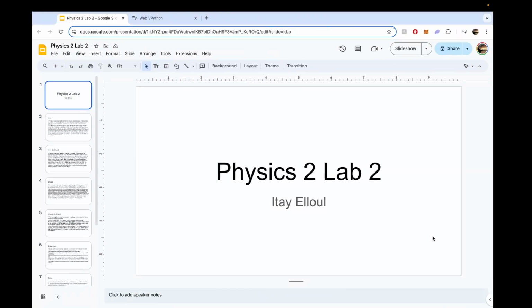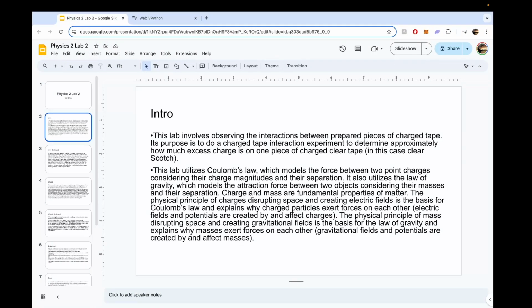Welcome to my Physics 2 Lab 2. This lab involves observing the interactions between prepared pieces of charged tape. Its purpose is to do a charge tape interaction experiment to determine approximately how much excess charge is on one